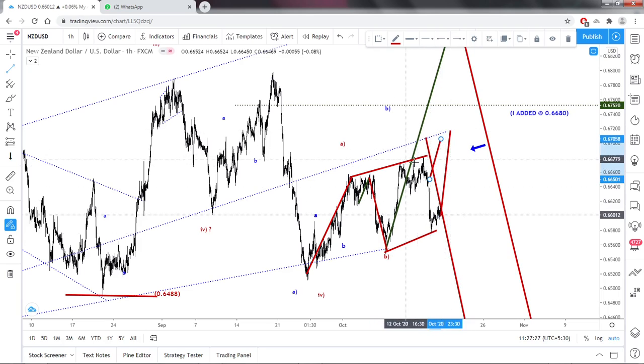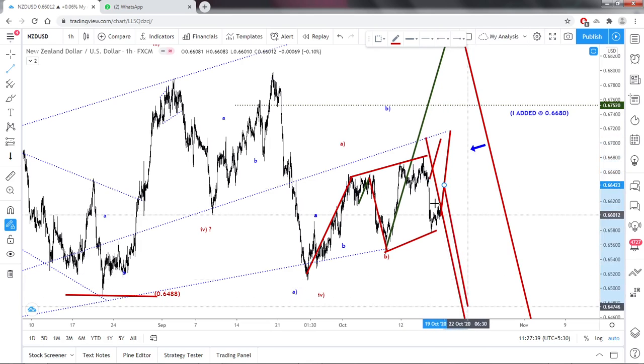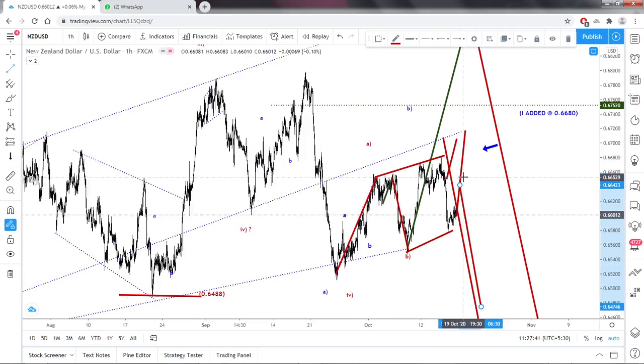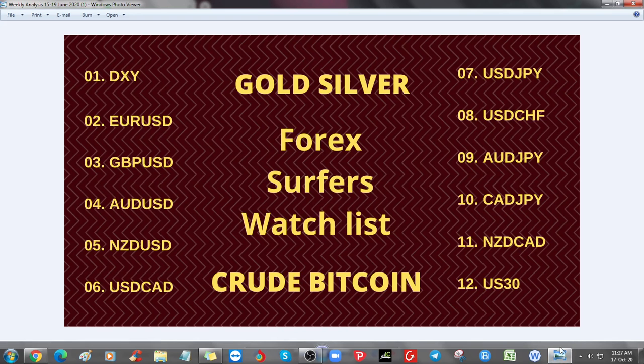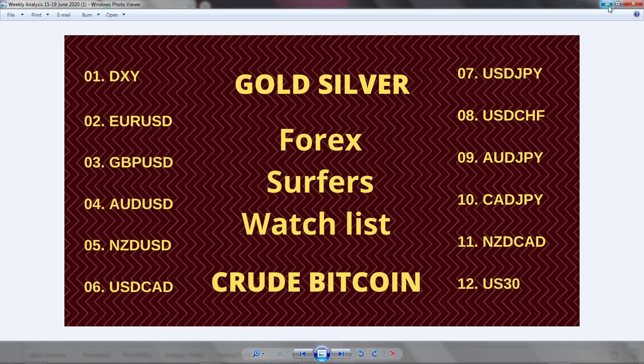Don't stick to your count and don't put lots of big lots here to confirm my count is valid. And again this did a 5-wave structure, and it has to be a 3-wave structure, and again it has to be 1, 2, 3. So that is also valid, but you have to expect this kind of possibility also here. So I think you can understand my view. So let's move on to USD CAD.